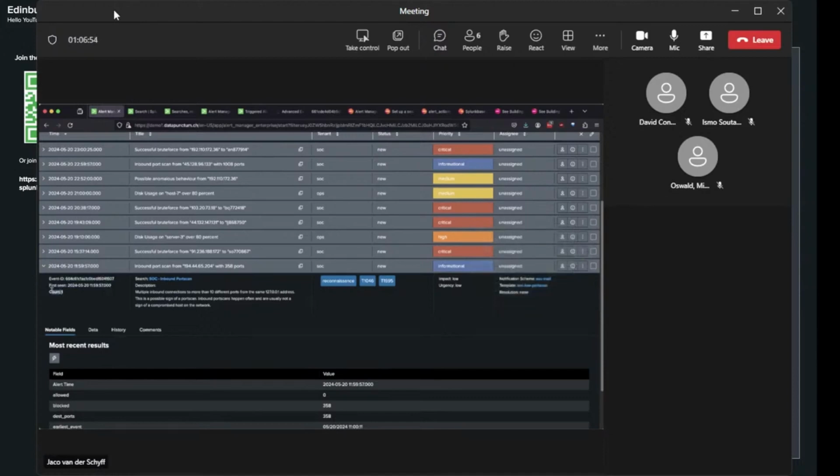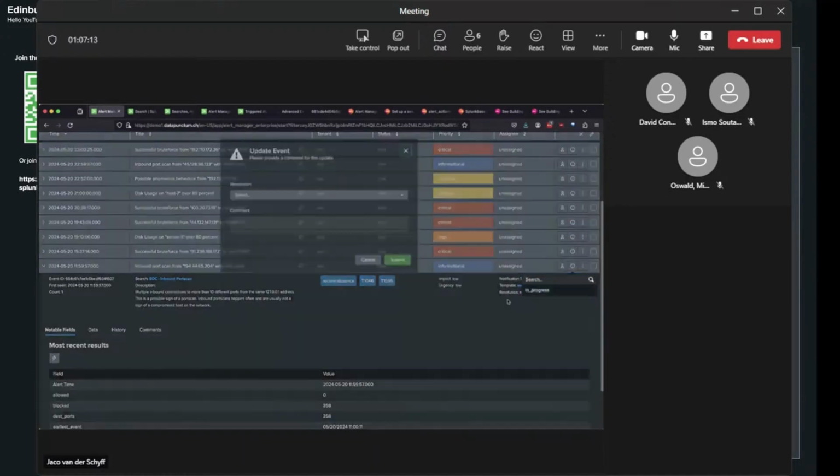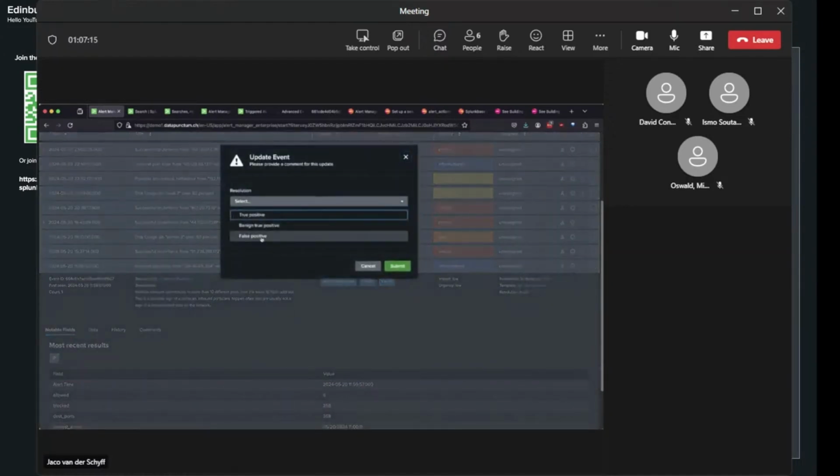Good. So also each event has an ID. We have the first seen, and of course, like I mentioned, we have this append functionality, which we can model as well. All of the metadata, of course, can be modified: urgency, resolution. If you need to assign this to another team, if you want to set the status, currently it's new, to in progress. I'm going to do that now. And I'm going to say this is already a true positive.